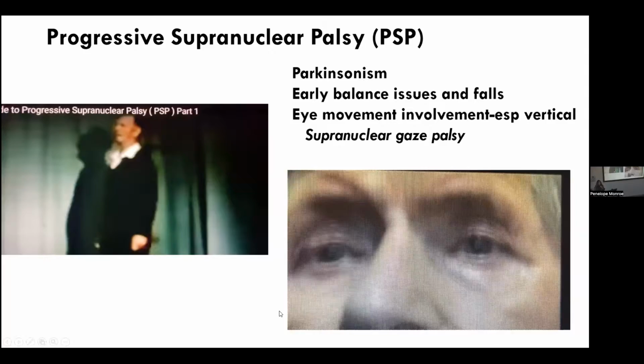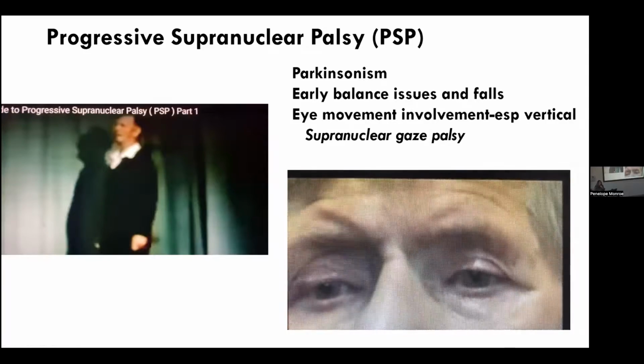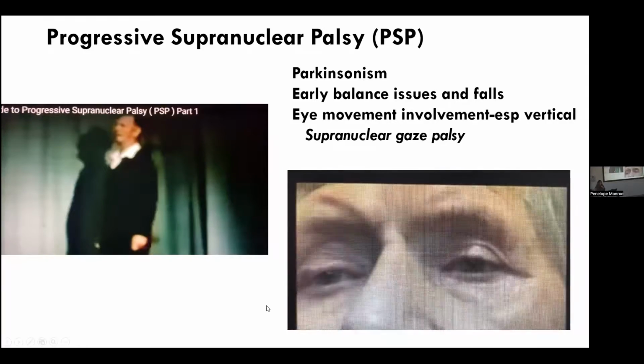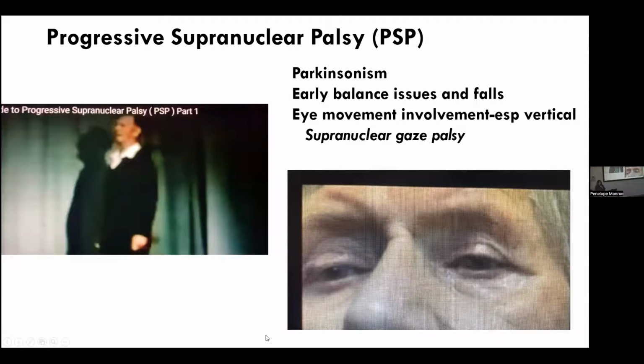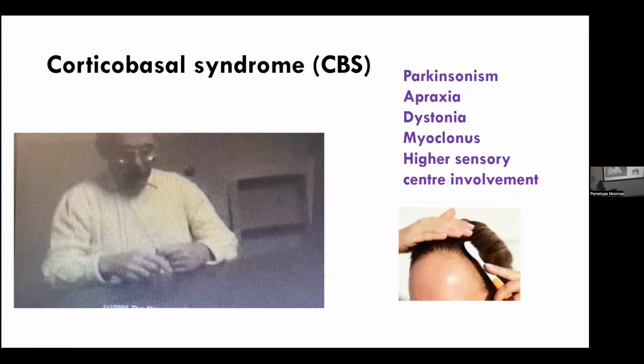But they can't, and they have to move their head to look up and down because the eyes won't do it of their own volition. And that's part of the problem here. So falling downstairs is really an important thing. Patients often, looking downstairs isn't a problem, so they can fall downstairs. And then patients often looking backwards that way, and they fall backwards when they're walking on level ground.